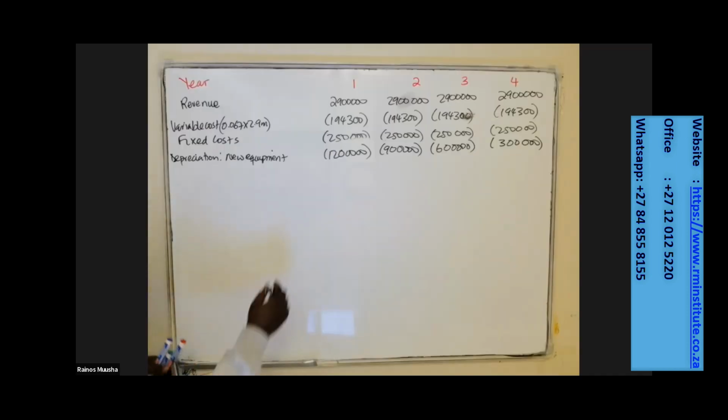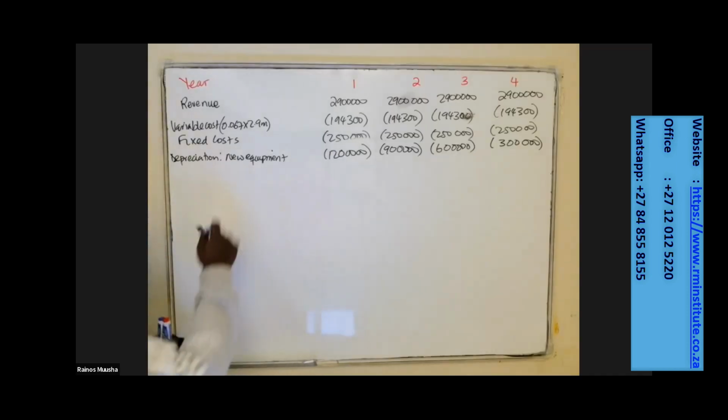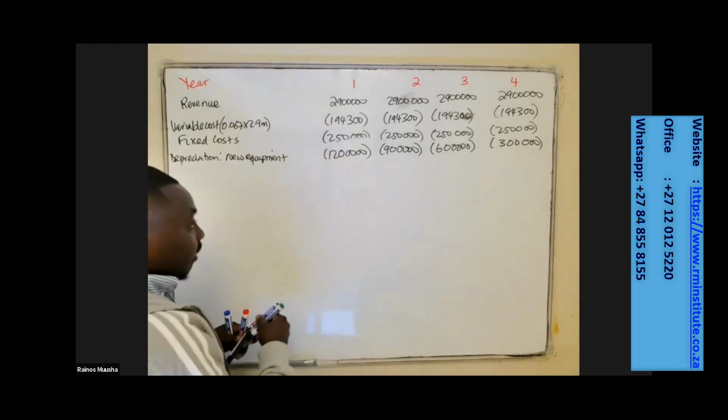So which means from here, now that you've taken into account the depreciation of this new machine, remember, for the old machine, we don't need to take into account the depreciation, mainly because the old machine is now fully depreciated. The machine has a useful life of 4 years, and as of now, the machine was purchased 4 years ago. So it's already fully depreciated. So we don't have to take into account any depreciation of the old machine.